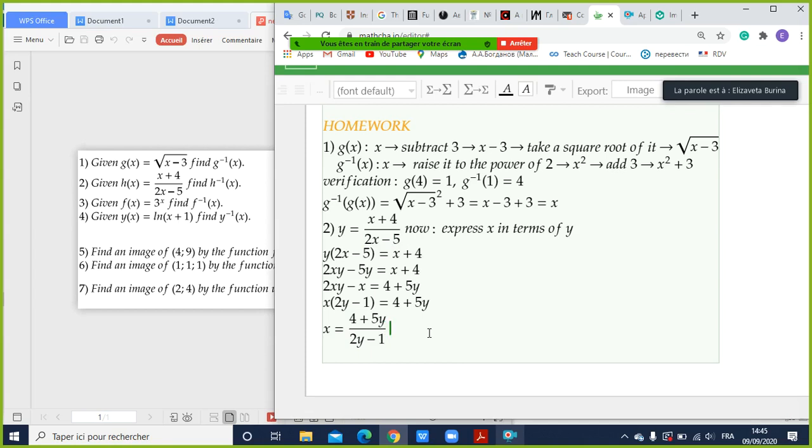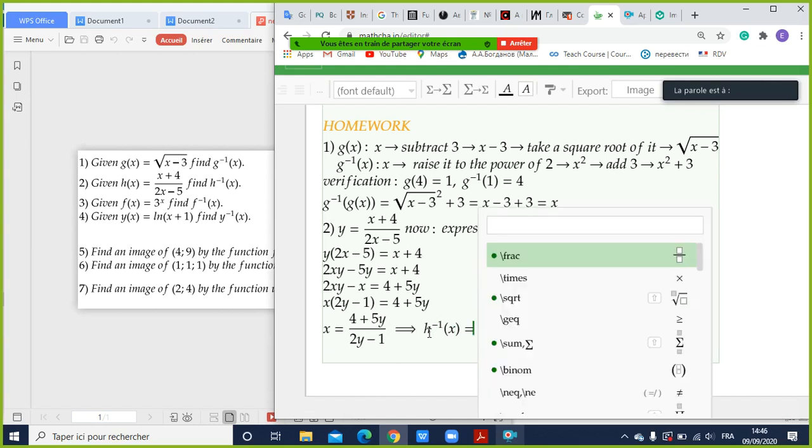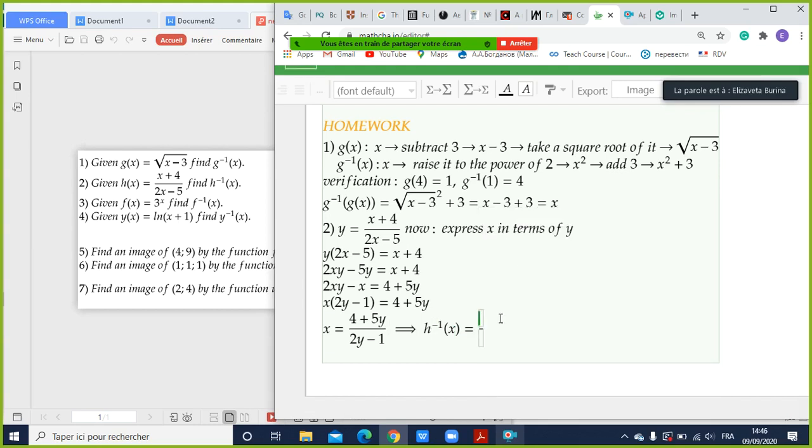So in here, to give the answer mathematically correctly written, we can say, we started with, what's the name of the function? H. H to the power of minus 1 of x equals, it's of x, right? So x